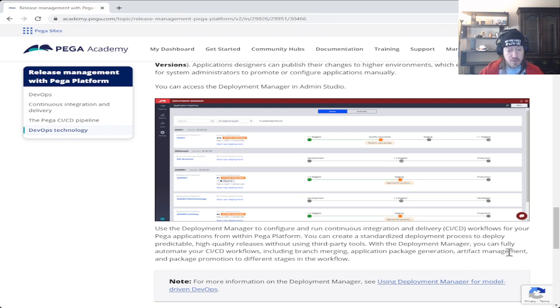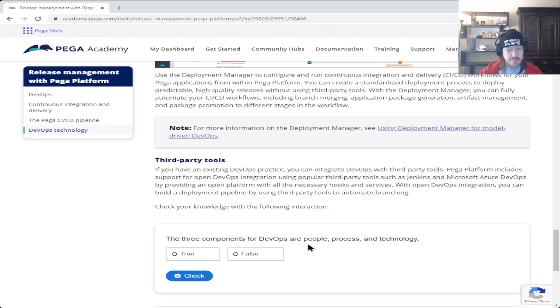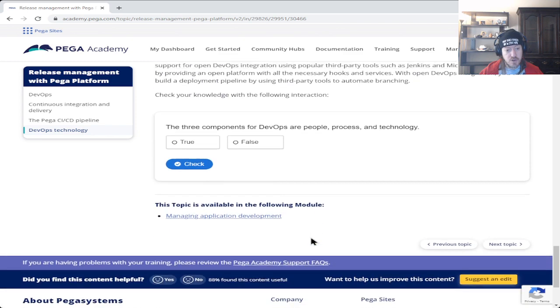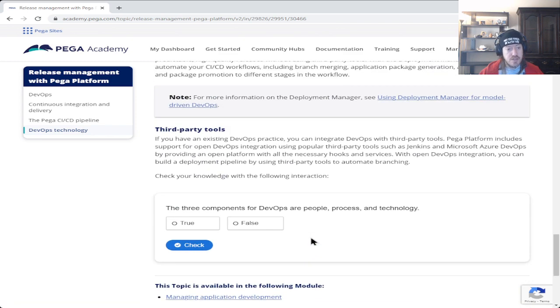With the Deployment Manager, you can fully automate your CI/CD workflows, continuous integration and continuous delivery, including branch merging, application package generation, artifact management, and package promotion to different stages in the workflow. Okay, we're almost to the end here. Third-party tools. If you have an existing DevOps practice,